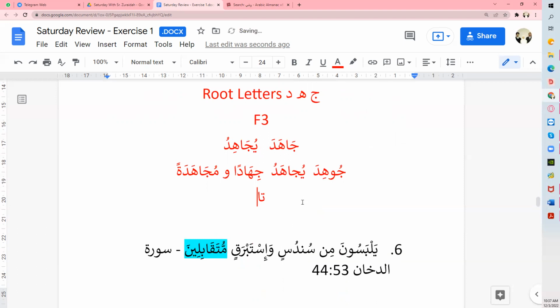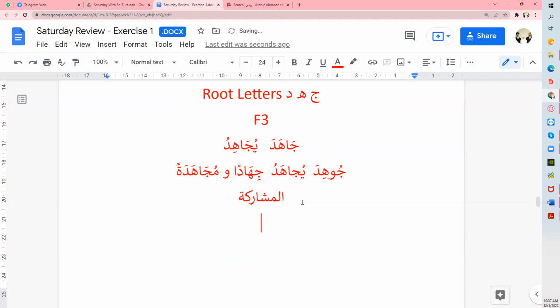Is it competition? No, not to compete, but you do something together. Al-musharakah. When you form a company, you do something together, right? Al-musharakah. Teamwork. Mutaba'ah. Yeah, when you fight together against the enemies of Islam.